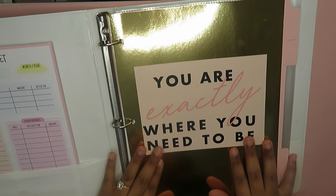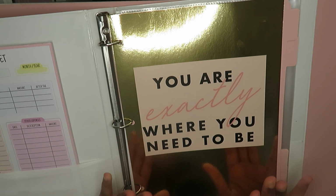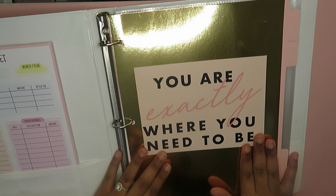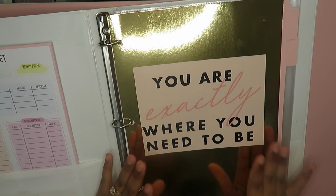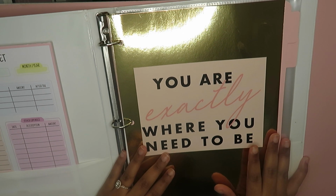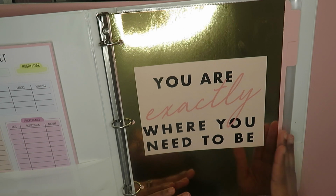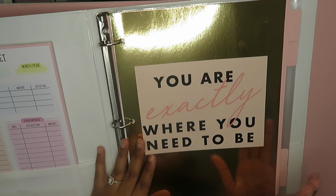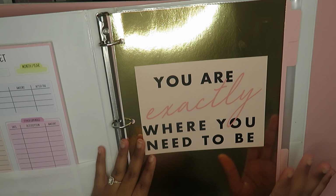This is just something that I needed to put in here because it's very hard to be in debt, especially since most of my debt is student loans. I don't have any other debt except for my student loans and my car, and obviously my home loan, but my home loan is more of an investment. My student loan, a lot, okay? So it's very easy to get